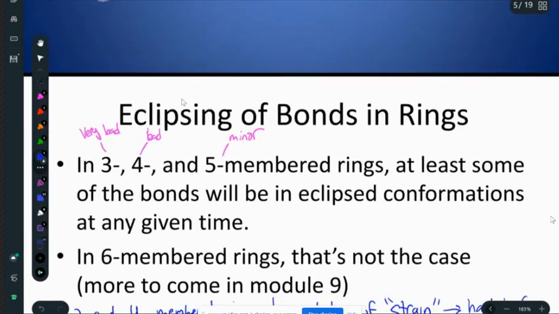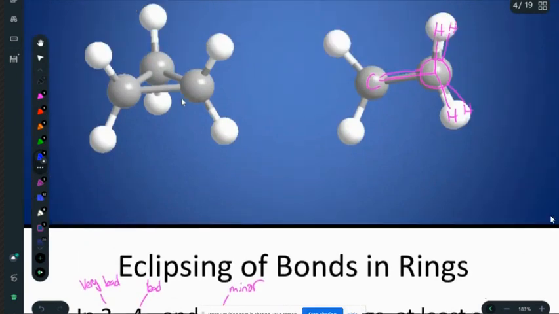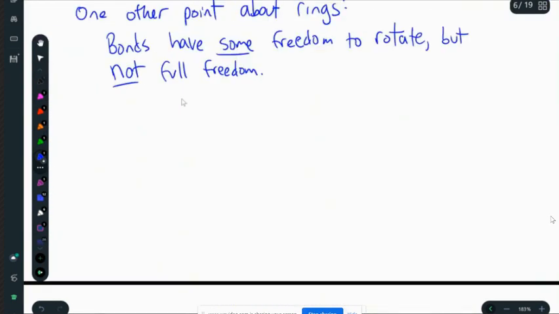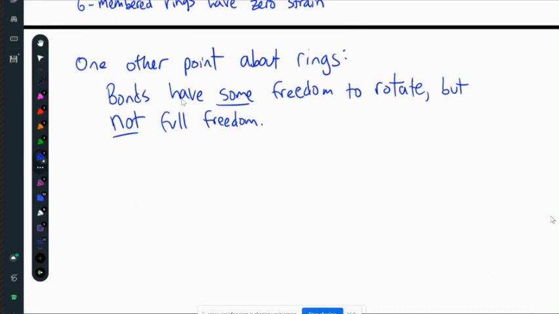So sometimes in a ring, you can get things that are kind of locked in position relative to each other. And speaking of that, we'll move on and talk about